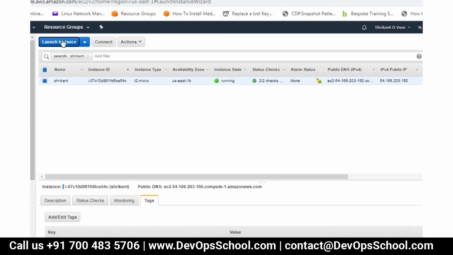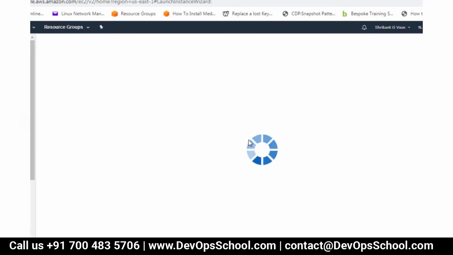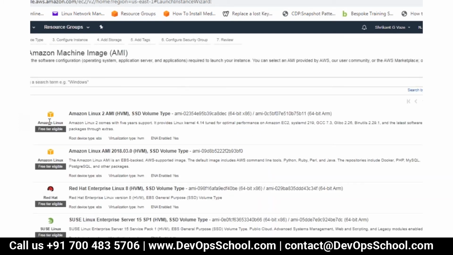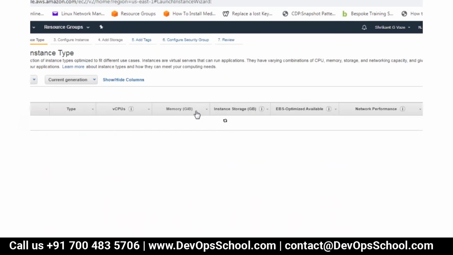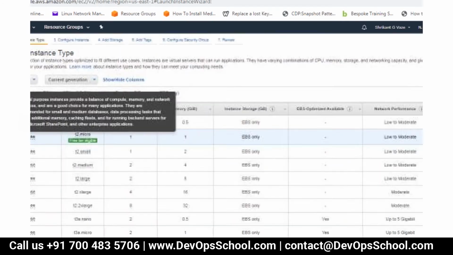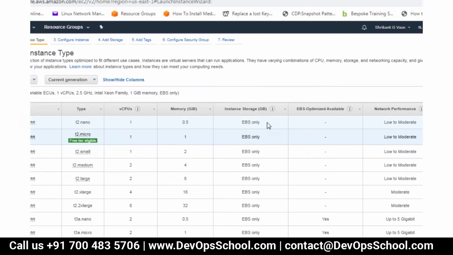See, what happens is, I will just show you. When you actually select the instance type, that time it will show you what kind of storage you can attach. So here, if you go for the T2 micro, it will be EBS only.